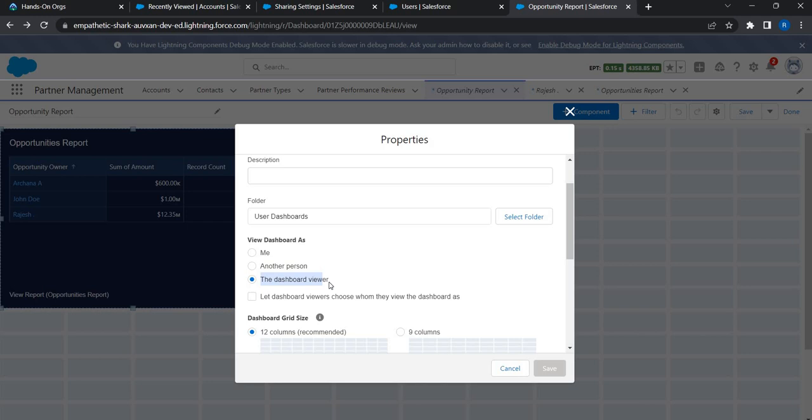Since the OWD is set as private, the system will honor the OWD and display only the data that the user is supposed to see, or only the data that the user has access to. If this is not configured the right way for some reason, let's say it is set as me, which is system administrator,